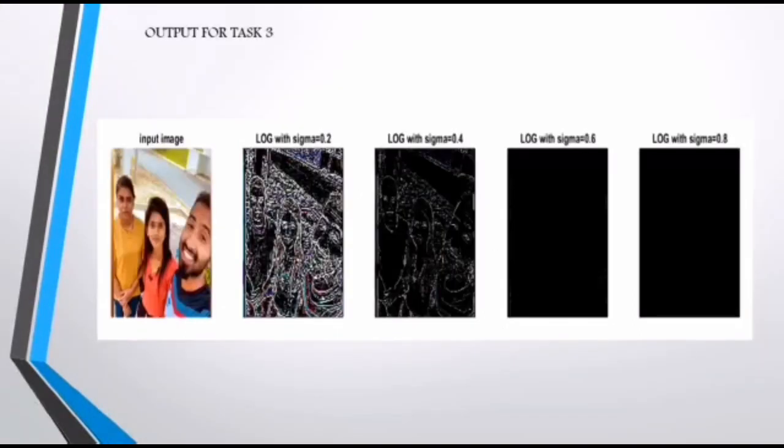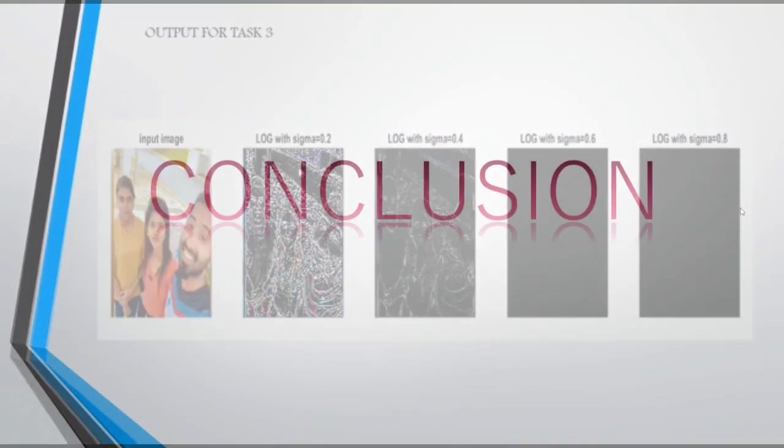Finally, we get the output for our task 3. We get 5 images including the original image. This is our input image. These 4 are our output images with different derivative values. This image is LoG with